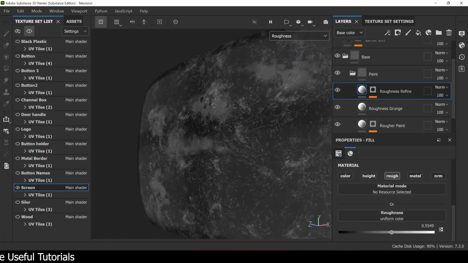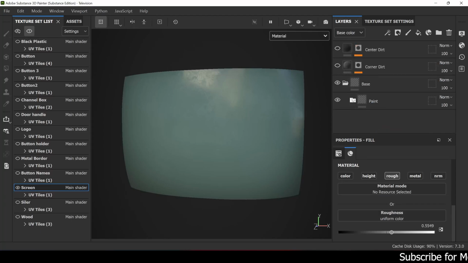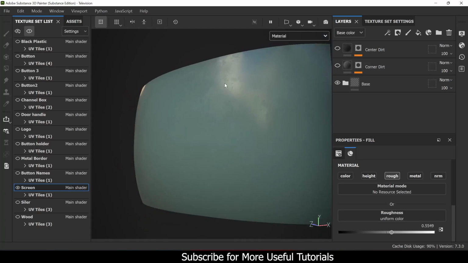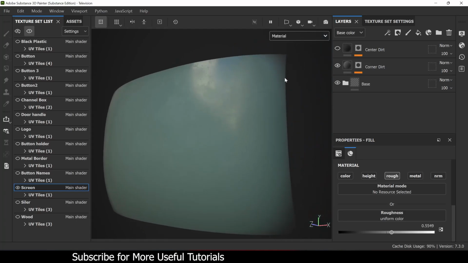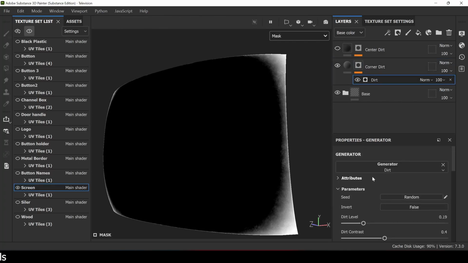Now if you can see a roughness value, this is a roughness map for this screen. So this is our base paint layer completed. Now we have given it a little bit of corner dust. Again, this is the map. We've created it using dirt generator,